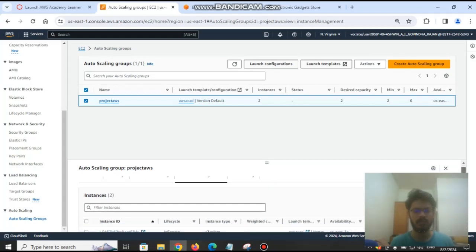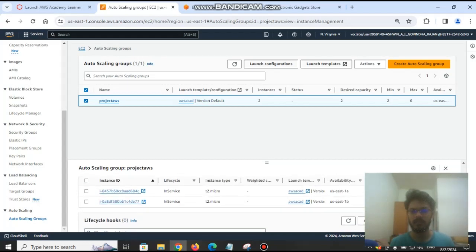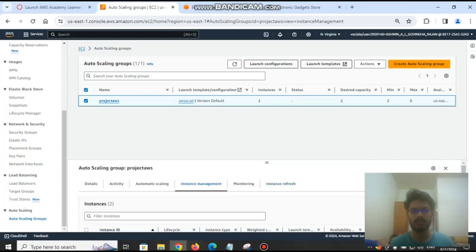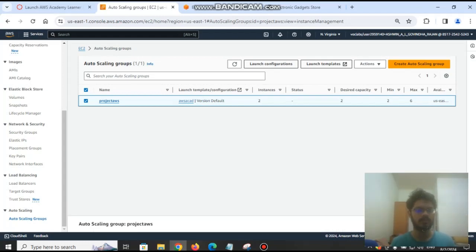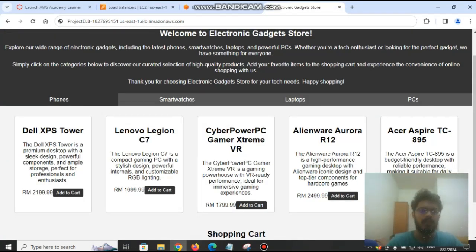And this is the instance management. There are two instances here for the T2 micro, and both are healthy. One is in 1A and another one is in 1B. After we are done with everything, we have to go back to the load balancer, and copy the DNS name again to open the website. After we open it,